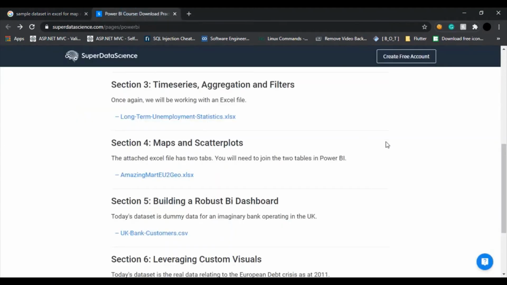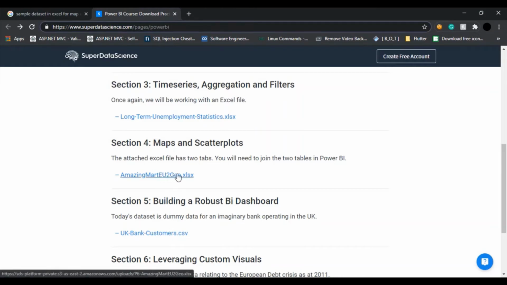On going to this link, this is the section 4, maps and scatter plots, and this is the Excel sheet given to us, and if you want you can download it from the same link. The URL is given over here. I will also share it in the description box. So you can go to this link and download this dataset, or you can search for a dataset that suits your needs. I have already downloaded this dataset, and let us load it into our Power BI